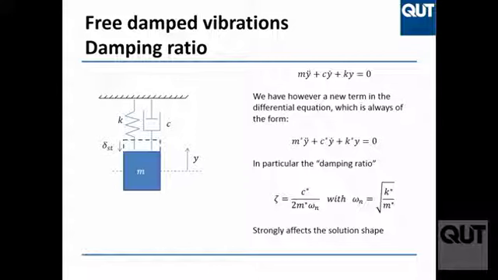Exactly. It only depends on the parameters of the system, not on what I do to the system. You see, there is no x0, velocity 0. It doesn't depend on the initial condition. It doesn't depend on where I put this bar. It only depends on how much is the stiffness of this guy, the damping of the damper, and the mass of the system. Clear? So it's a property of the system, as omega n. It's independent of what I do to the system. It's like the mass of the system. It's a property of the system. Once the system is done, that's it. It's zeta. You cannot change it by moving the system. Okay? Clear?